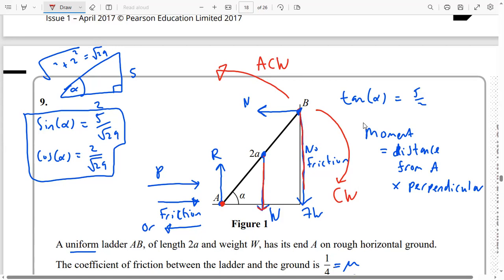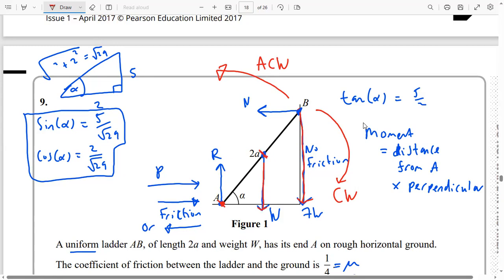These two forces are trying to rotate us clockwise. So the key thing to notice now is that we've got this W force there. Let's just focus on the W force. If we want to find the moment of this W